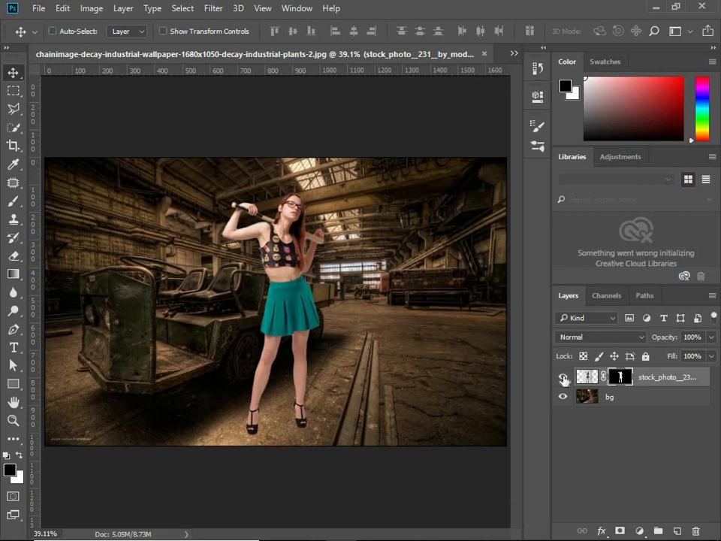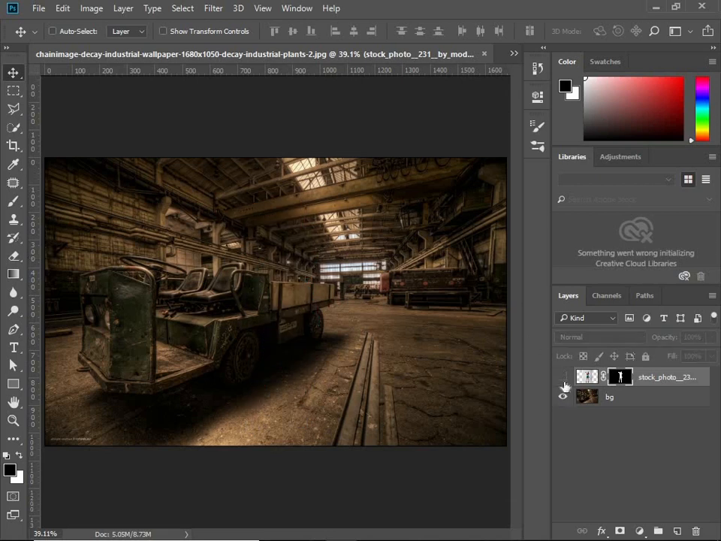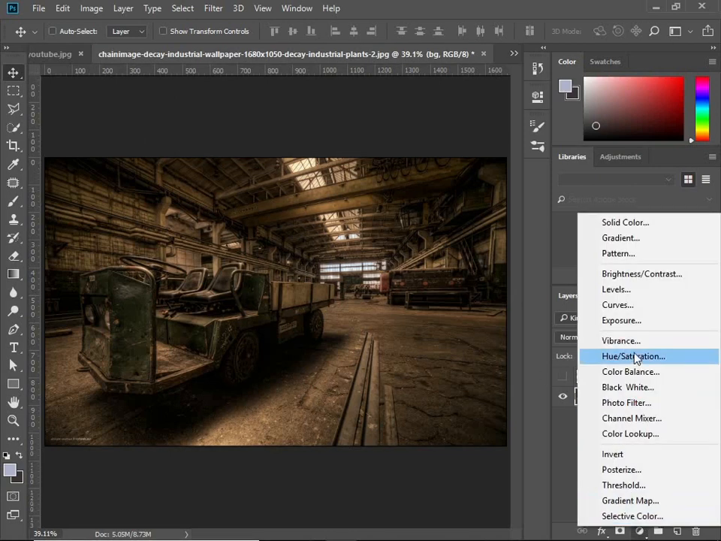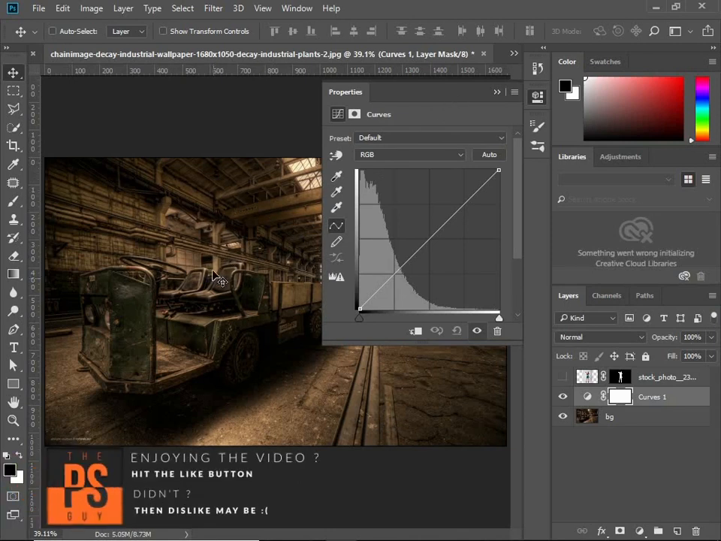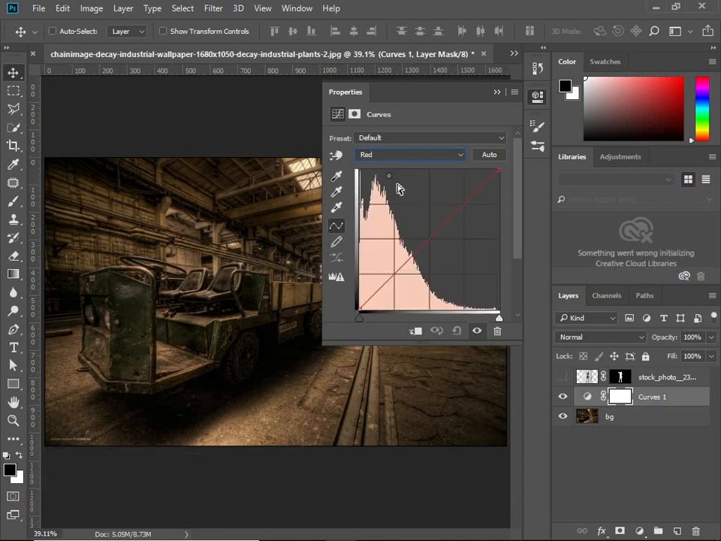So let me click this eye option and hide my subject. I want to color correct my background first. For that I will use the curves adjustment layer. So now how to color correct images? You first have to notice which color is too much in this image, and I can notice red